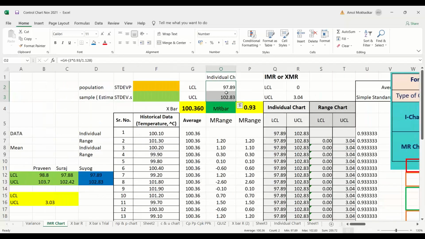So what do we do now? We have to plot the chart, and for that we require the data, the average line, the moving range data, the LCL and the UCL. Okay. Suyog also says 3.03.